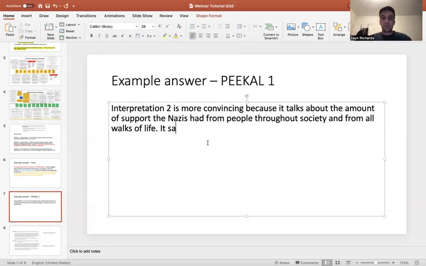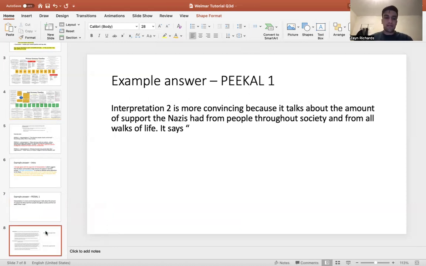It says, and you can use the same quotes that you've used in question 3B and 3C. Sorry, not 3C, you don't use the quote, but in 3B, when you talk about quotes, you can use the same one. It doesn't matter, okay? The questions are marked independently. So if you feel like using the same own knowledge as in 3A, or the same quotes as in 3B, doesn't matter. They will not take marks off you, okay?